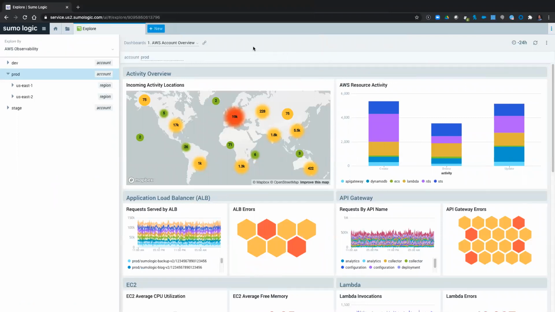So in Sumo Logic, when we navigate to our Explore tab, you can right away see the AWS Observability solution in action. And you can see that here we have 3 accounts. We have dev, prod, and stage. And within those accounts, we can have regions. So at this level, we have prod selected at the account, and we can see an AWS account overview here